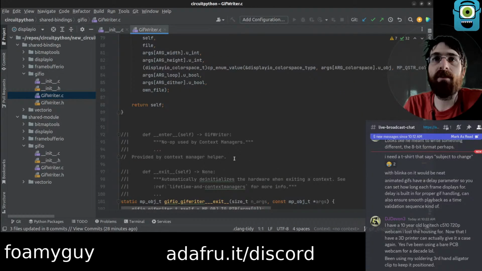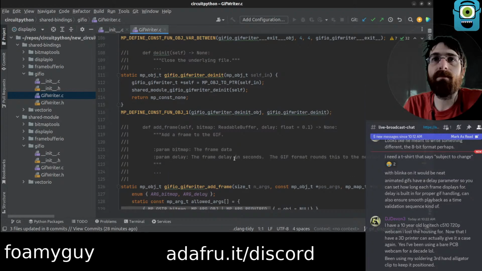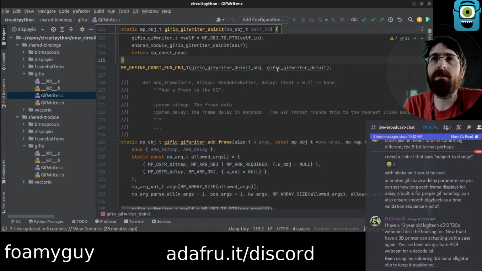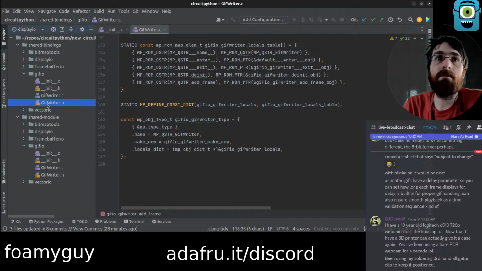I don't know what a GIF writer object would be. Yeah, it seems like it. Add frames. Fix bitmap. Has a readable buffer. Interesting.